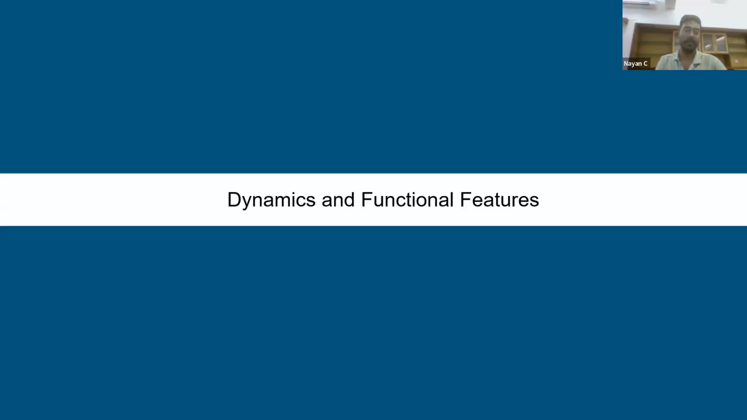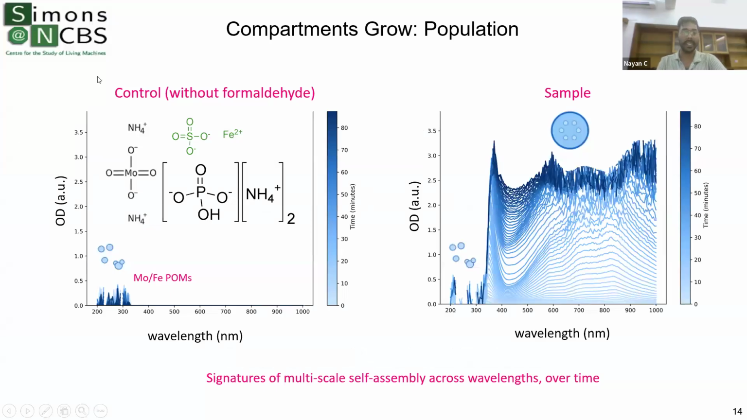And then we wanted to characterize some of its dynamics and other functional features. For that, we started by characterizing its optical density. On the left side here is a control. The control basically has all the elements that I mentioned in the beginning, all the ingredients except the carbon source, which is formaldehyde. And this will be our control more or less for the rest of the talk. In the OD measurement over time across wavelength, we do see some signatures of small nanoparticles in the system, which are generated from the reduced molybdenum iron complexes,